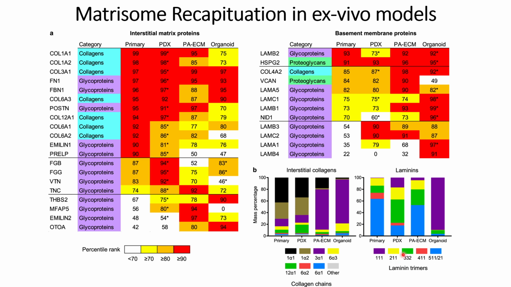What they found is that the PA-ECMs provide a composition that is more similar to that of the primary tumors, whereas the organoid has a composition that is more different, with a higher difference compared to the primary tumors' expression